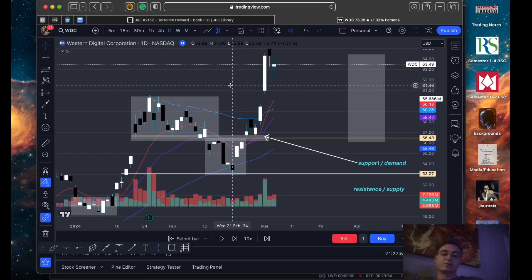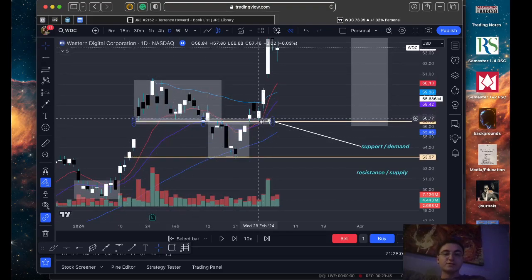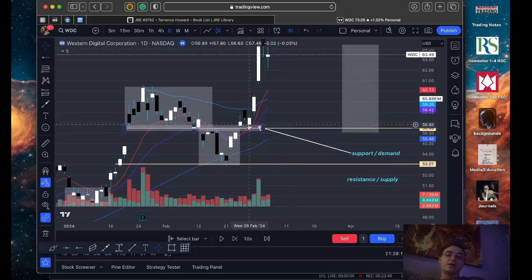Because we'll be getting into that more in the trading strategy, what our exact risk to reward and stop loss will be. But just understanding what a stop loss is and what risk to reward is. So if I were to enter this trade on this Wednesday, February 28th, and I entered right here, where would my stop loss be? It would be right below this current support and demand. So if we got a candle close below this level, then I would know that